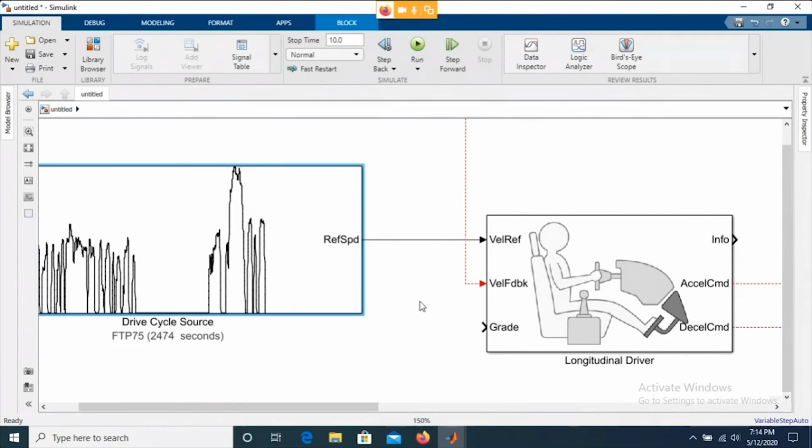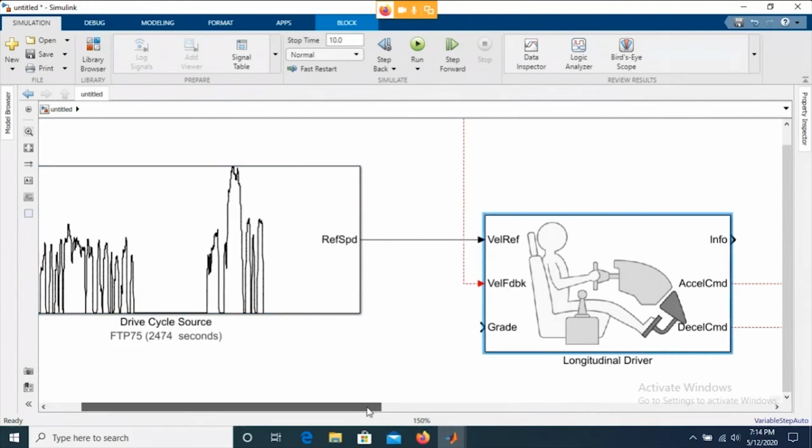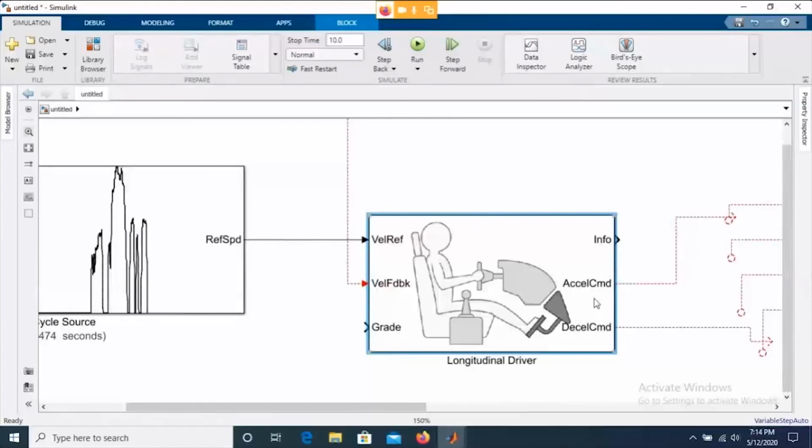This is a longitudinal driver model, which gives us the accelerator and brake commands. It also takes a fixed set of speed versus time data, and takes feedback of the actual speed of the vehicle.